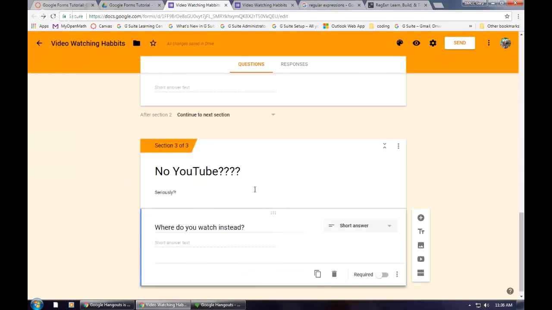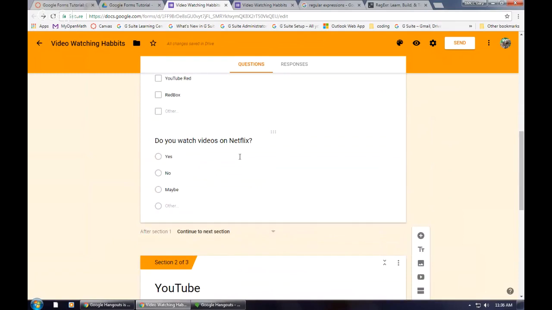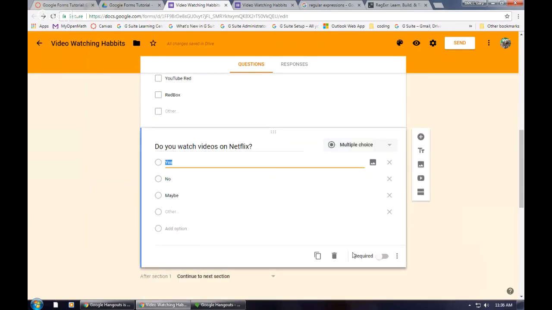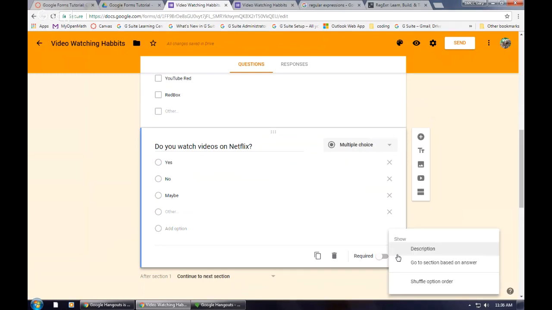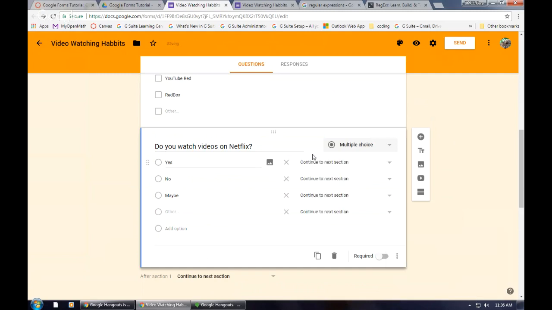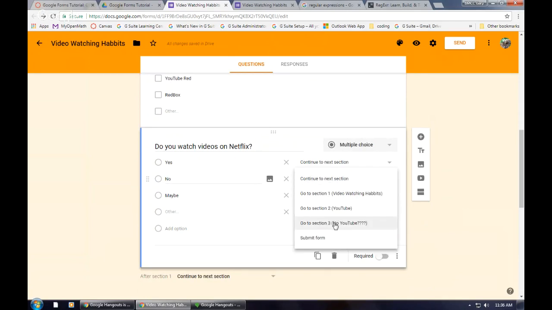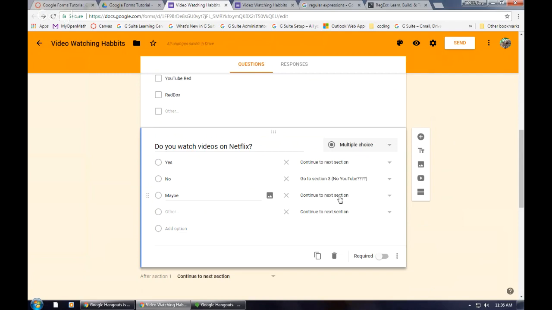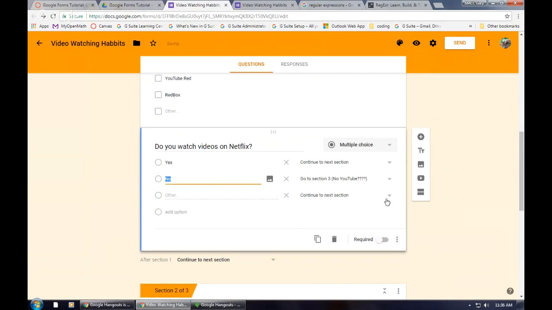Okay, so how to deal with those sections. Here I want to branch. So clicking back on this question right here, I want to click that dot button and then go to section based on answer. So that gives me some things here. If yes, do I want them to go to the next section? Yep, I do. If they say no, I want them to jump to No YouTube. Maybe, I want a new section. Like, what do you mean by maybe? Or I might decide I don't want to use that one, so I can pull it out. And then for other,